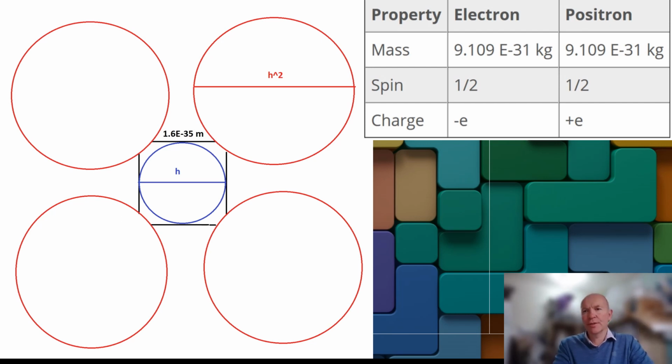Positrons and electrons are essentially the same thing in the supersymmetry inversion model. The only difference is charge. And rather than seeing them as separate things, if we contemplate the charge surface on the inside versus the outside